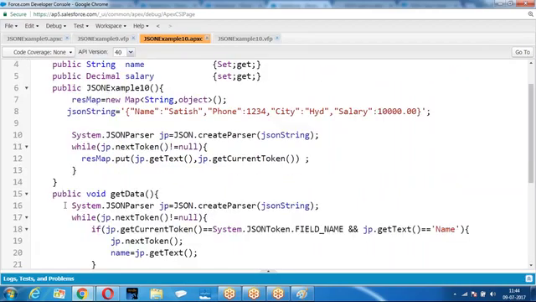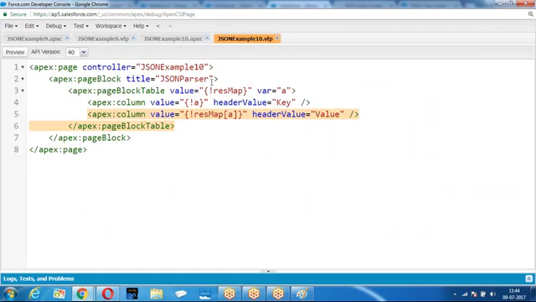Right. Let me display the value here. Get data and get info. Two buttons I'm creating.